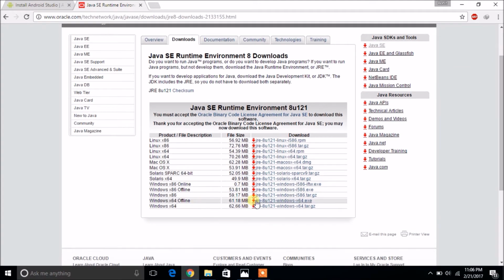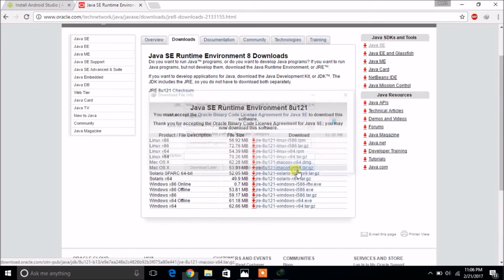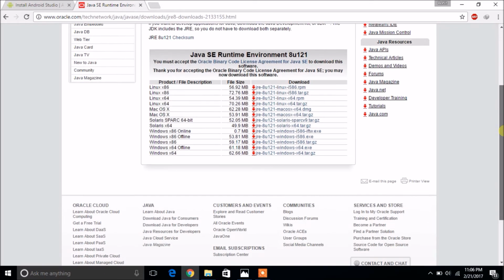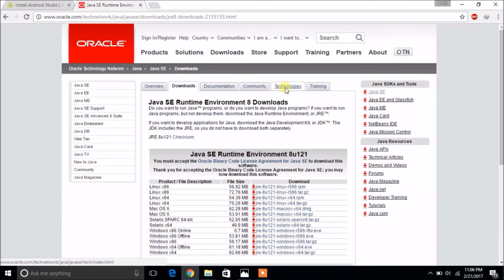Then we have to accept the terms and conditions and select the proper file. I am using a 64-bit system. I will download the offline version of it so that I don't need to get on the internet and download the other components. I do have it, so I will not waste time downloading it.